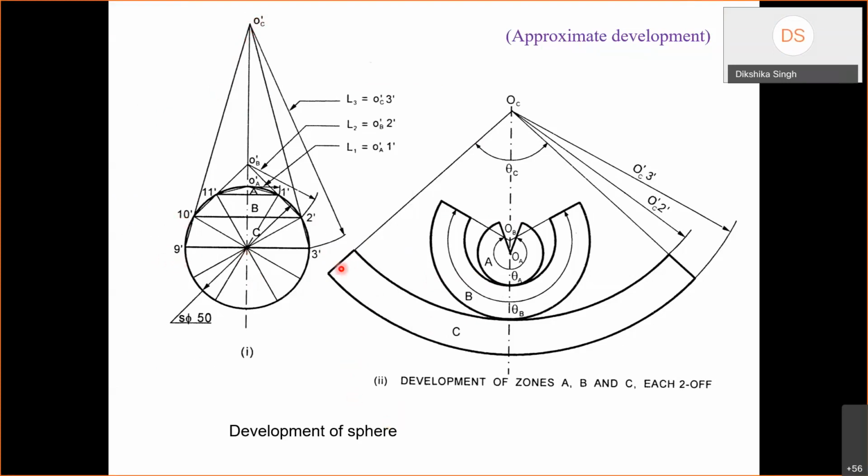But actually here what we are doing is, in this part, we are developing this as a frustum of a cone, right? Now here we are not exactly doing anything else. No, this distance you measure, then this is giving true length, no? O dash 9 dash, or else you could measure O dash 3 dash. This again is giving true length. You could have O dash 2 dash also. This will give true length. So the same actually will be used, no? This O dash 3 dash, then O dash 2 dash. So these two curvatures only will be needed. Theta we will have to calculate.